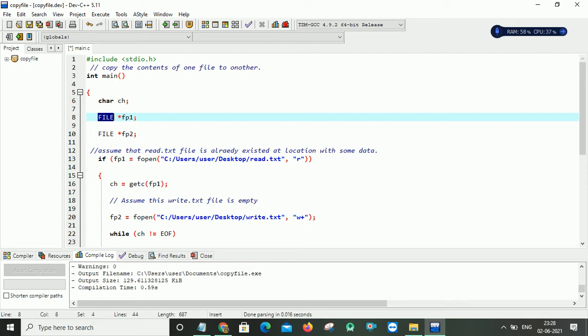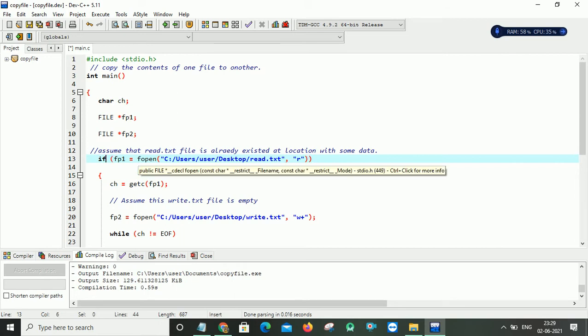So here, see this if statement. I am checking whether that file exists or not. If it does not exist, then it just exits from the program without doing anything. If it exists, if this function returns true, it means this file already exists at the desktop.